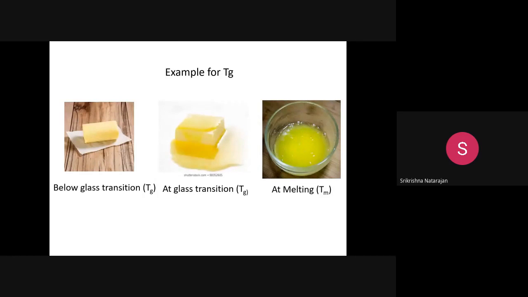What are you observing from here? Can you understand anything from this? Could you hear me? Yes, sir. What is this? There is a butter which is a solid. When you apply some heat, it melts. But when you apply a very high heat, it becomes like ghee. So assume that this is the polyester, and this is the glass transition temperature, and this is the melting temperature.